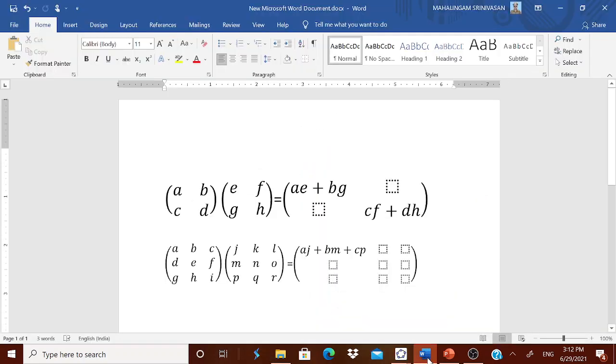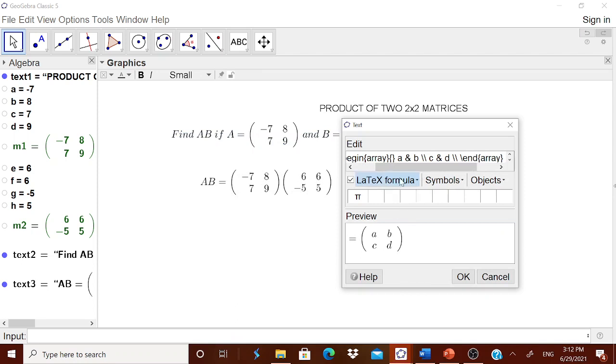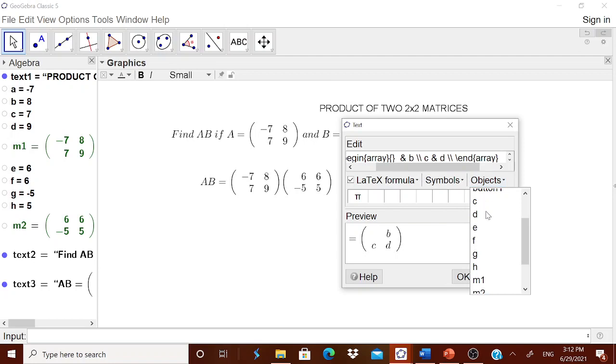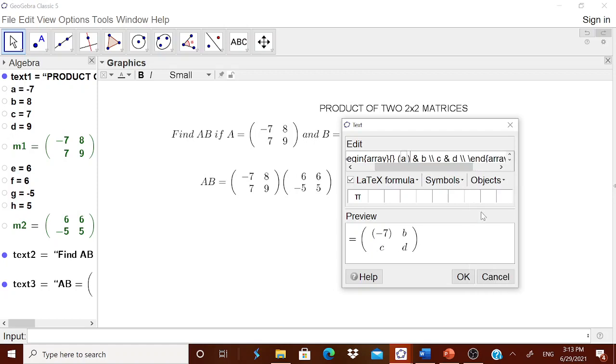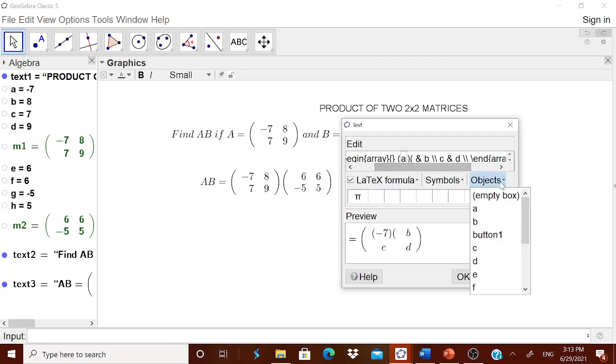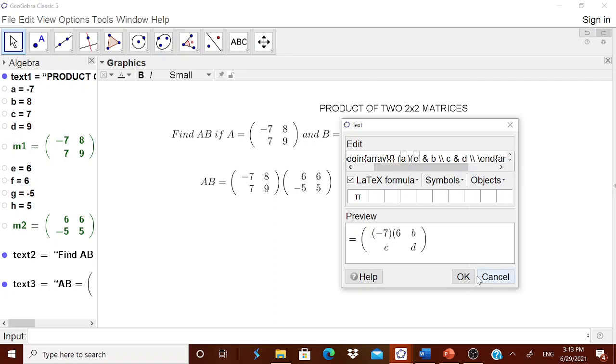You know, I think one I will show you, AE plus BG. Therefore, remove this A. Okay, then AE plus BG. I think the formula is AE plus BG. Therefore, from the object, whenever this number may be a negative, therefore put it in the bracket. Okay, sorry. Put it inside the bracket, small a. Okay. Then the formula is AE plus BG. Therefore, A into E. I am just doing only the first one. Similarly, you can do the second one.